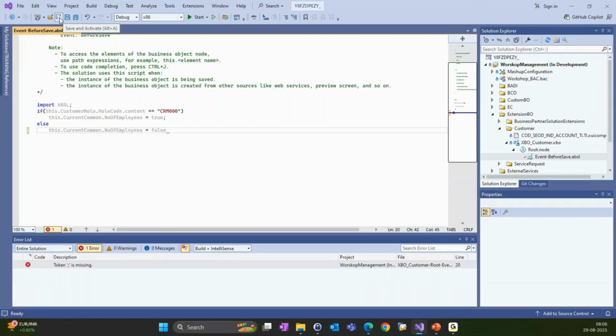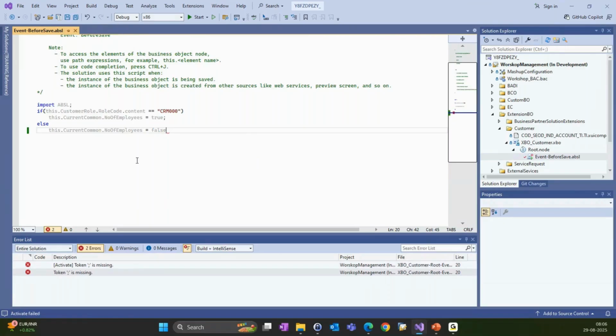Now if I save and activate, since we have an error, it won't save and it will show activation failed. You can see that red dot here, so it's not yet active. Once we add the semicolon and then save and activate,